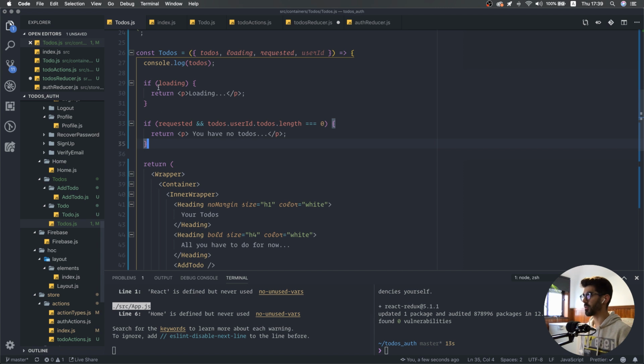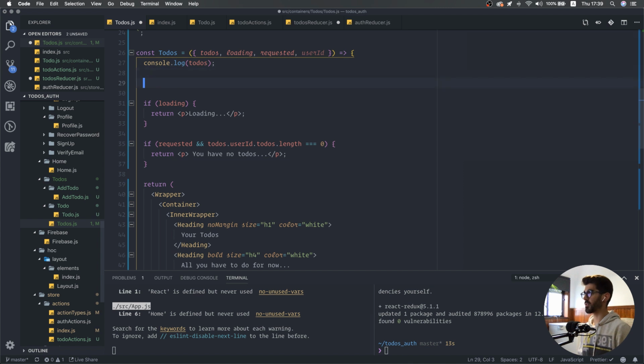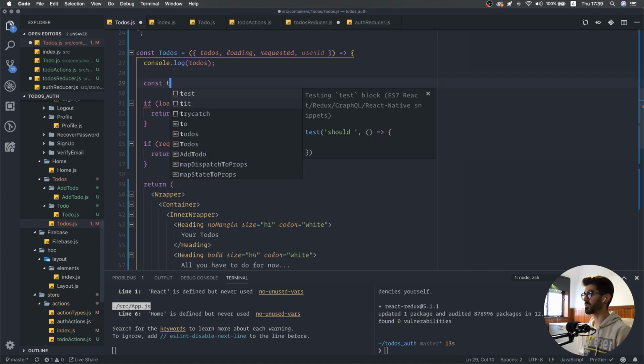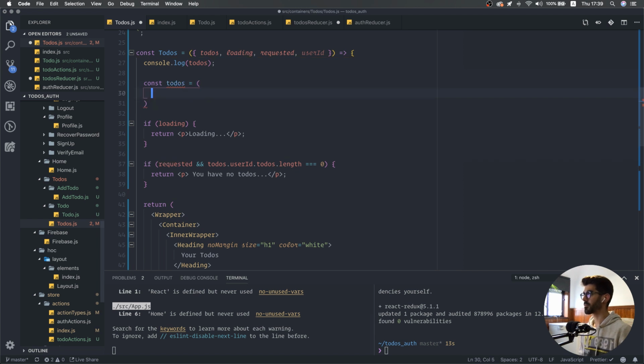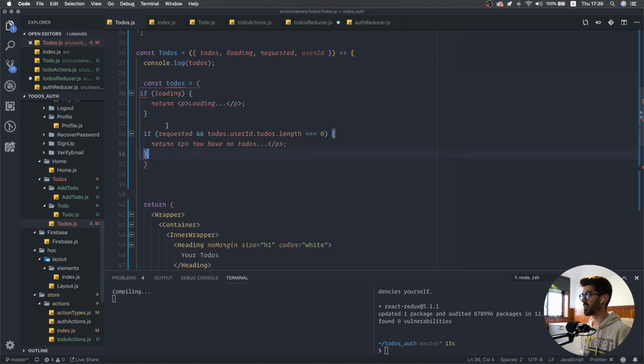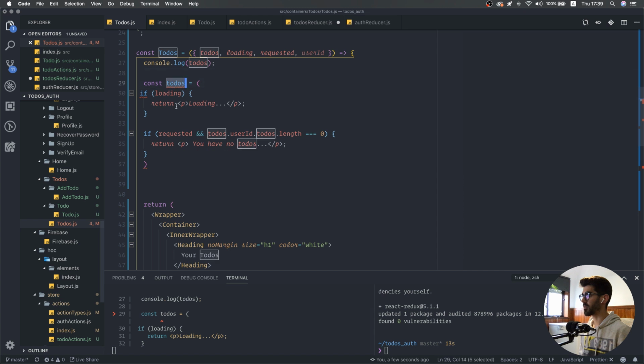Yeah, and actually we can do it like this. So for example, we can say const todos, and that will be equal to, and then we can cut this and paste that here. What am I doing wrong? Oh, we are already. So we can say, let's say content. Const render, it's equal to,